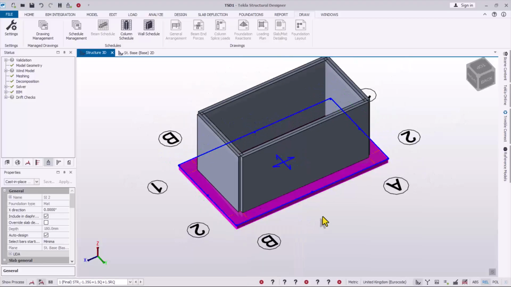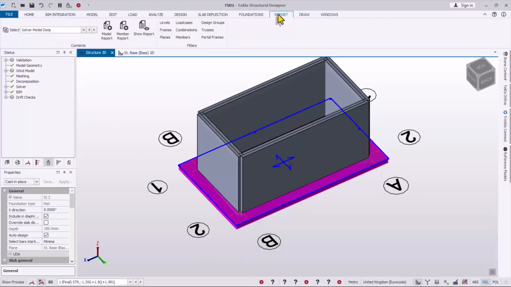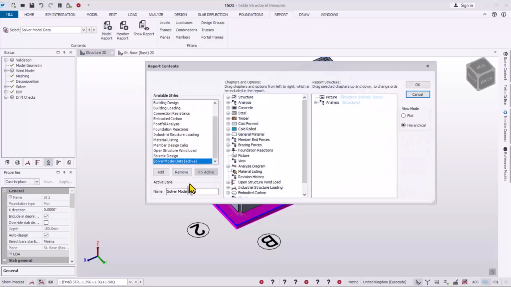For the report, what you need to do is come to the report window right here, the report tab. You just come here, and select in this provision what report you wish to actually get. We want to get a report on building design. So just select this building design. Once you select this building design, you just have to click on